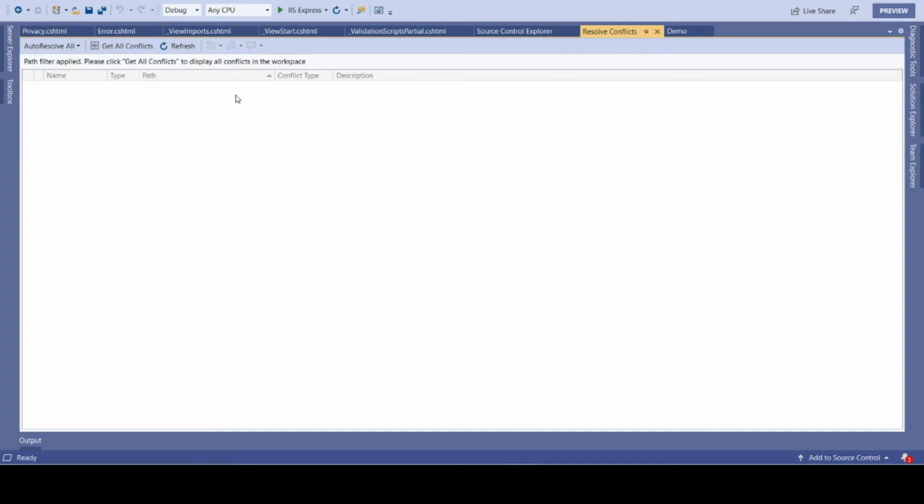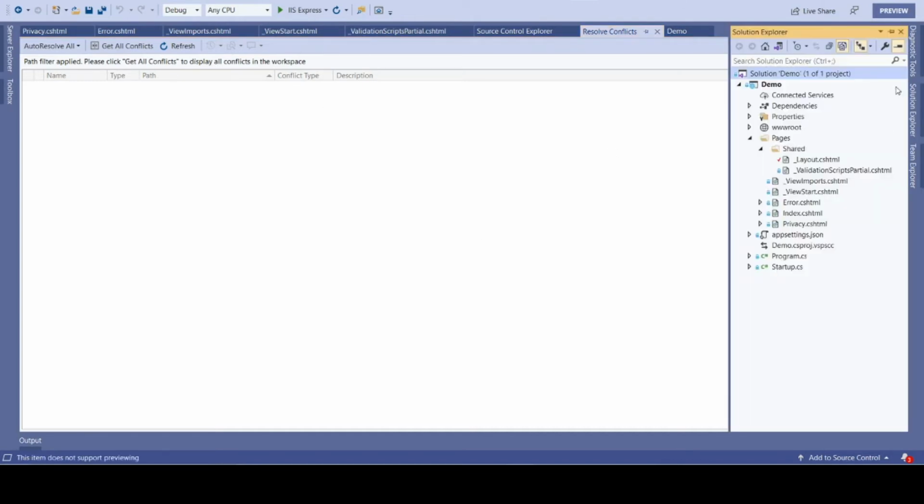There are two other options which were also listed. There was take the server version or keep the local version. If I click any of those buttons, if I click the server one, it won't open the conflict window where we have to compare two of the files. It will just take whatever is available on the server into my local. Or if I do keep the local, it will just be ready with whatever change I have done on my local. But since I have just done the comparison, this file is ready.